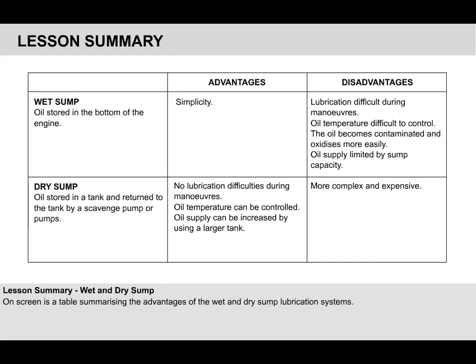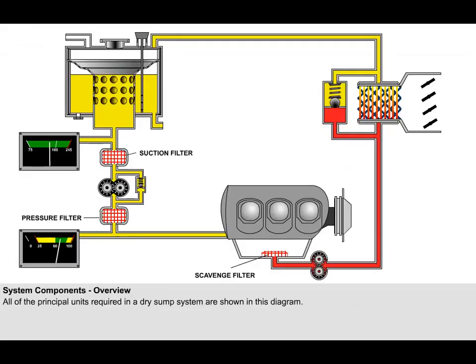In the wet sump lubrication system, oil is stored in the sump at the bottom of the engine. In the dry sump system, the oil is stored in a separate tank. Make sure you are fully conversant with the advantages and disadvantages of the two types of system before you leave the lesson. The principal units in a typical reciprocating engine oil system include oil filters,